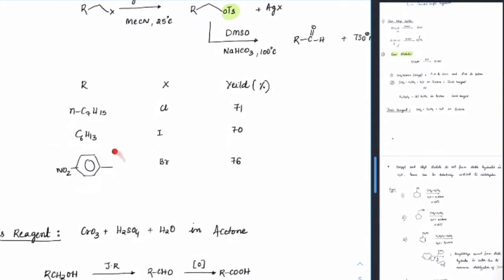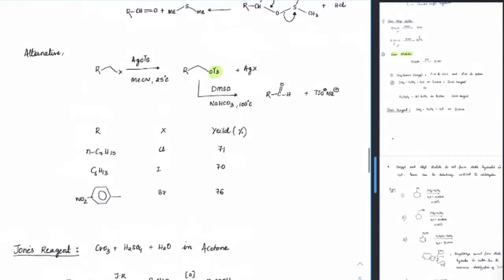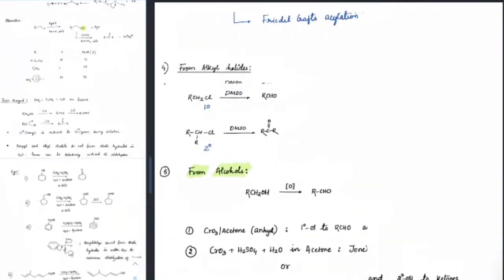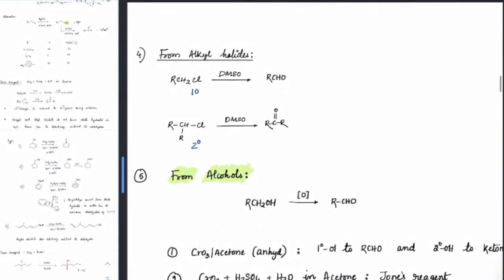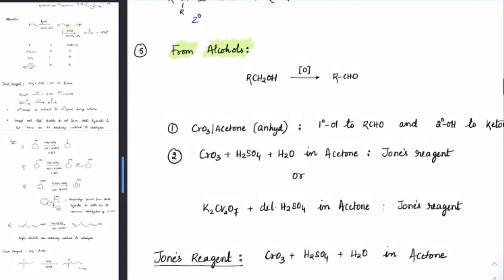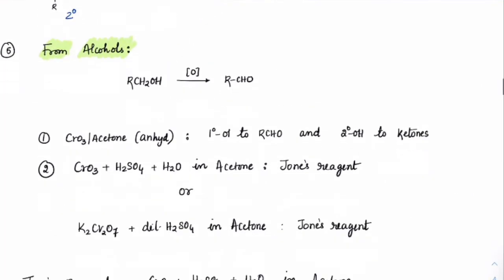Now, the bulkier it becomes, if you see R here, C7H15, C6H13, it means more SN2 driven. That means benzyl is more favorable for SN2. So the more SN2 favored, the higher the percentage yield here. That shows this reaction is actually going through the SN2 mechanism more. Got it? That much information is just for reference. All you need to know is that wherever you see primary or secondary alkyl halide, convert them into aldehydes and ketones. Next, from alcohols.